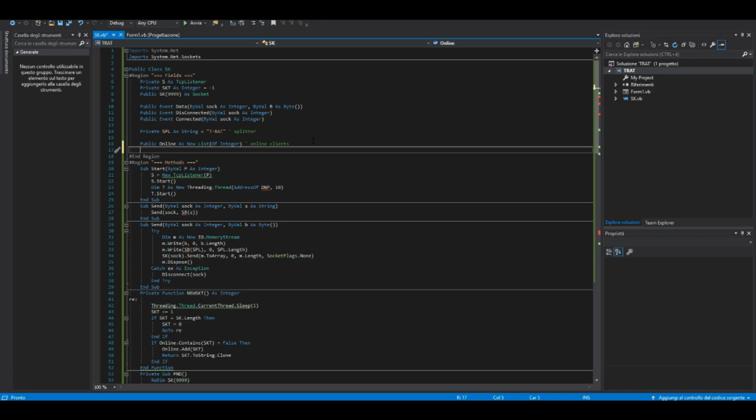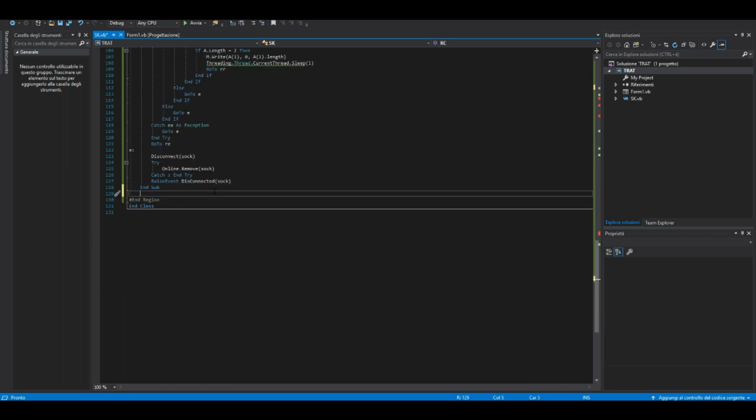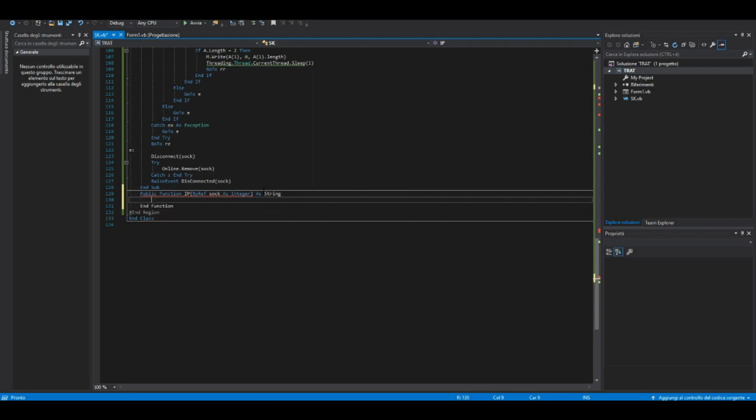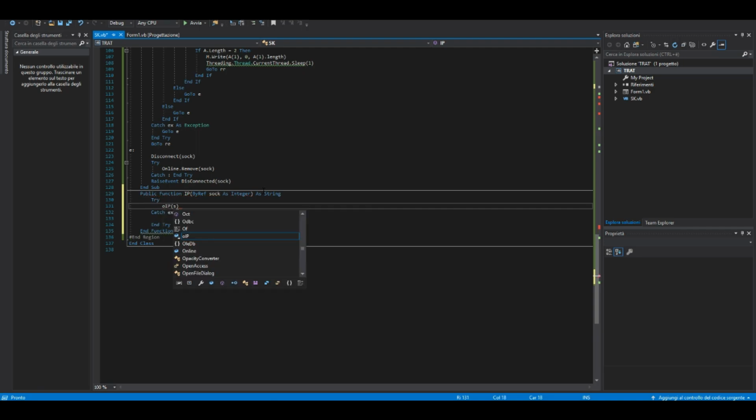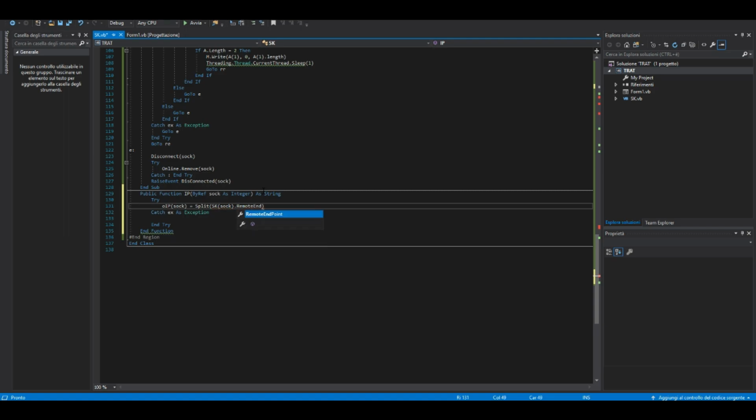And we can declare our last private OIP 999 as string, and our last function we will make public, and we'll call it IP, so we can refer to it as sk.ip. Using this function, we can retrieve the IP address of the selected index in our online list. Try OIP sock equals split sk sock dot remote endpoint dot to string, so we can retrieve the remote IP address